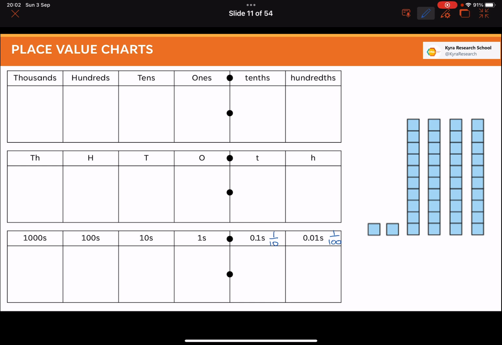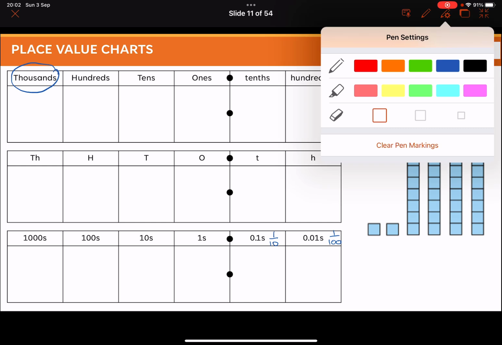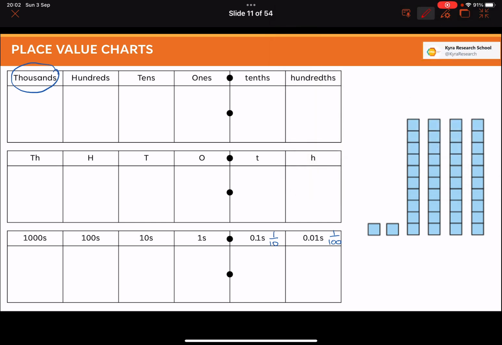Now, it's all about what you want to draw attention to at the time, and you'll notice as well I've purposely not colour coded my place value charts. Again, colour coding is a great way of drawing attention to certain things, but it's what's the purpose of that you're trying to do. So for example, if I was to colour code my thousands into one colour, into blue for example, and then if I was to colour code my hundreds, tens and ones all into the same colour,